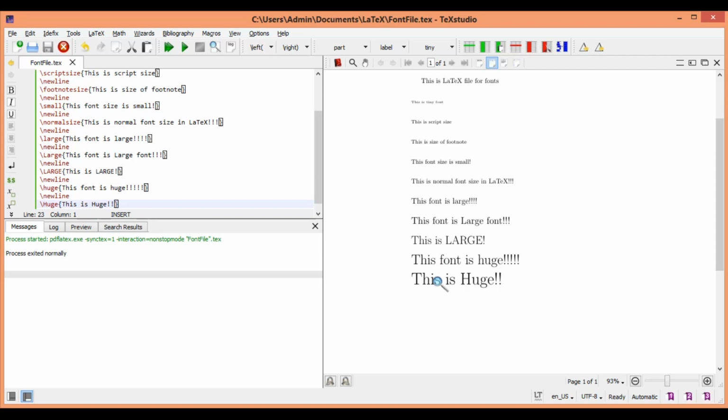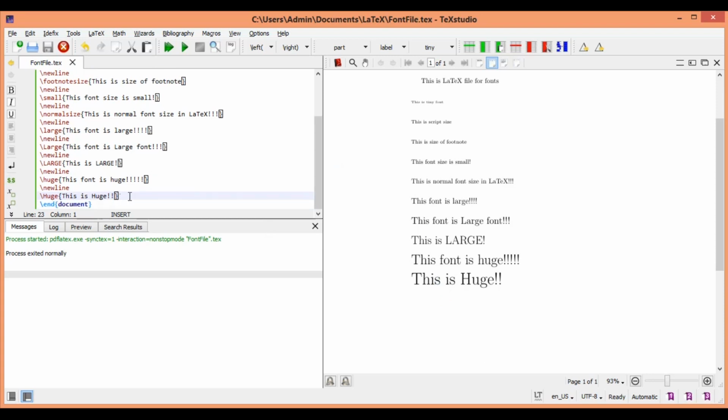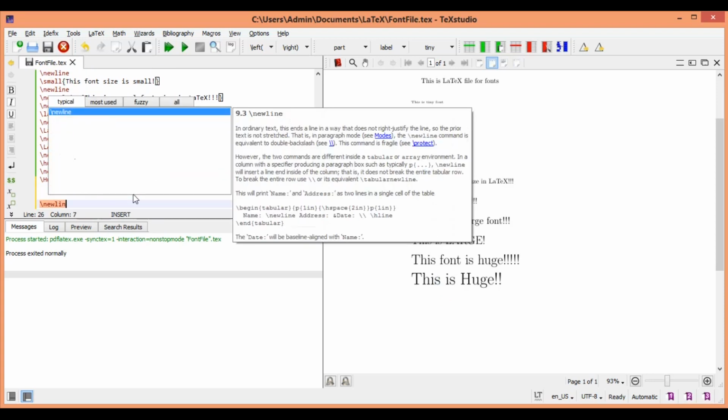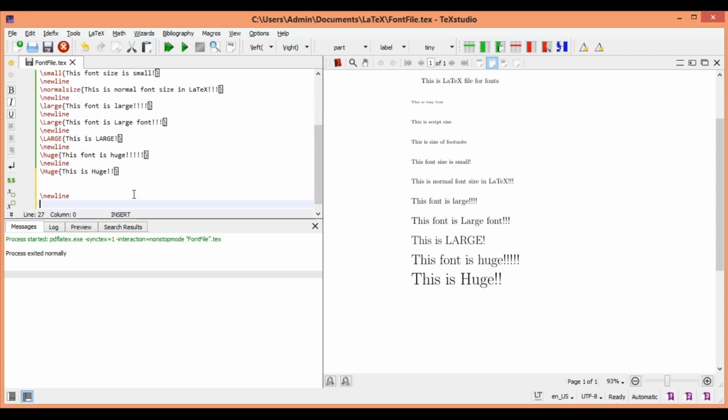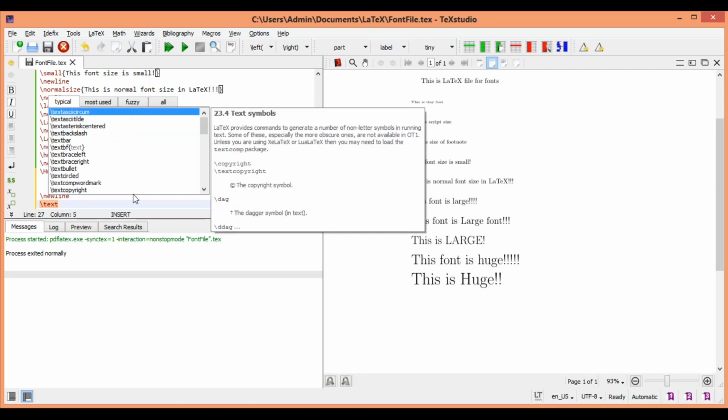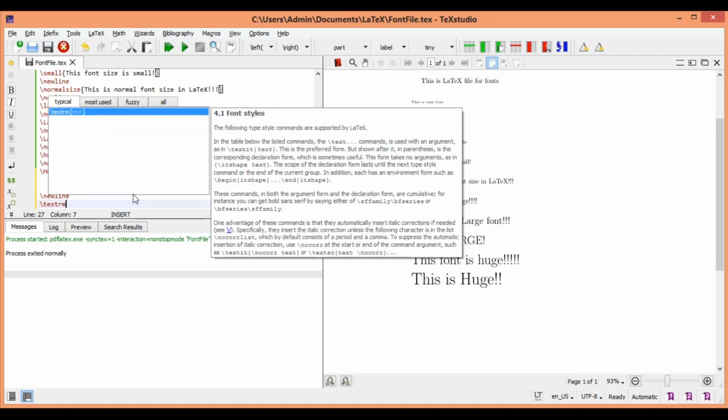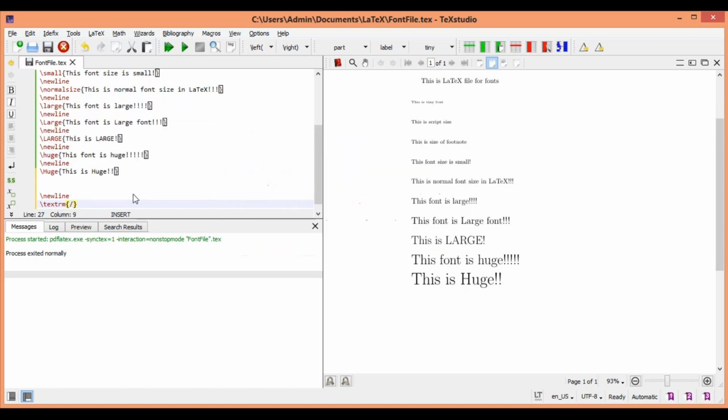Then the other thing that we will see in font is that you have different font styles of writing, right? So we call that font family in LaTeX. So let us put a new line there and then we will see what it is. Suppose you write in a Word document, you choose Arial, Times New Roman, etc. So like that here also we have different options, wherein first we will take textrm and let's write that here. So we'll see this is the Roman format, Roman family.